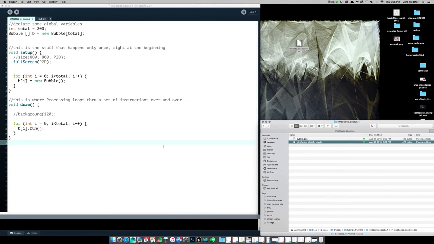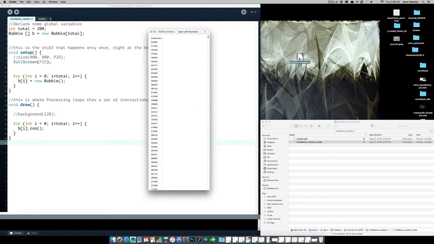open. So the first thing we need to do if we're going to use some data is add it to the processing sketch folder. So here's my, this is a CSV file. So comma separated values. It's just how it's saved, but it displays as if it was in little cells in Numbers or in Excel. And it has a little header on that called the numbers. And for now, I'll just say that they're a set of numbers. They actually are from a data set, but I don't want to talk about where those numbers came from just